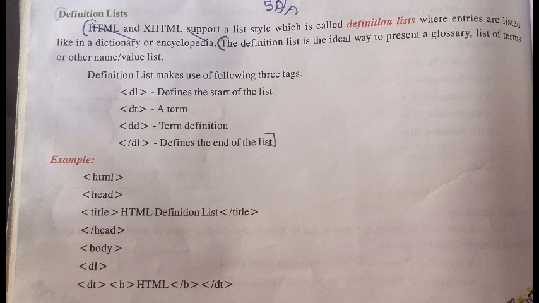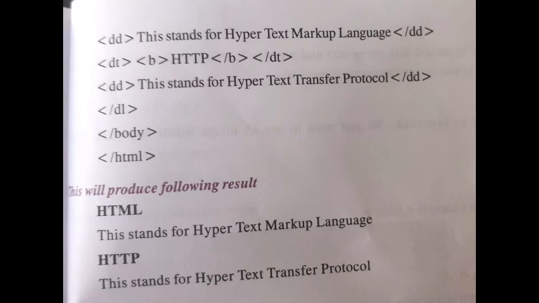Yes, see down the program how it starts. HTML definition list, DL tag. Next the DT tag. HTML is given for definition. Yes, you can see DD, that is data definition, the definition of the term HTML. Can you see the definition which is given? Next again DT, HTTP. Next again the data definition of HTTP is given. So can you see the result how it is represented? When you give the DT, it will be in bold manner. When you give DD, it will be represented in normal font. Nice. Are you clear with this definition list? The definition list is just used as a glossary, dictionary option, showing how the data will be present. Clear, students?